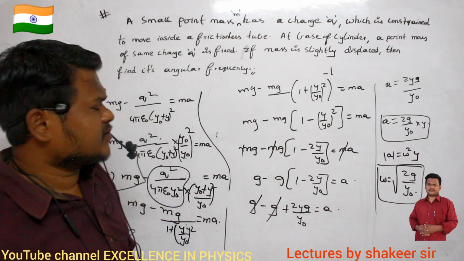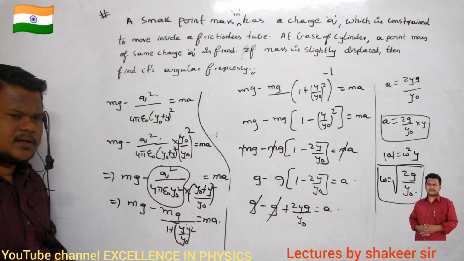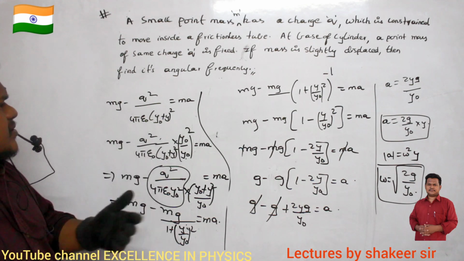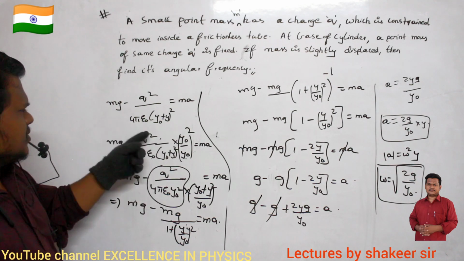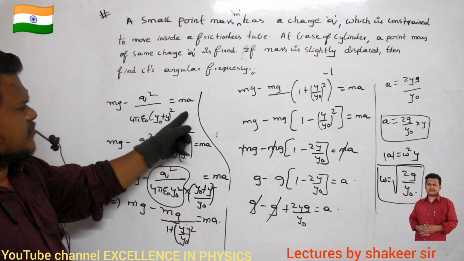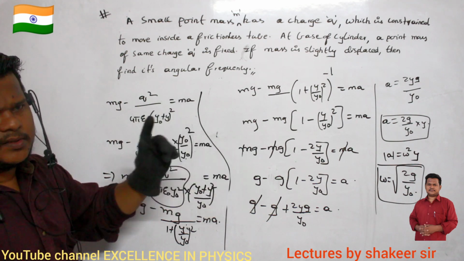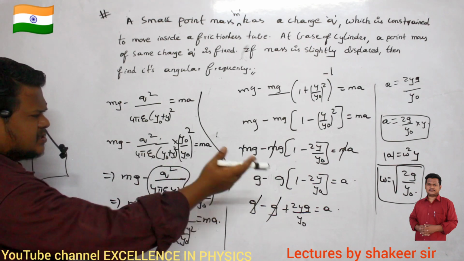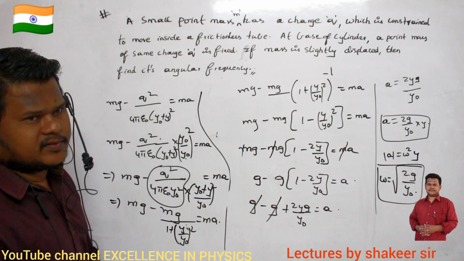So this is the angular frequency with which this body can oscillate. Have you understood how we have calculated? Very simple. We have displaced this one by a small displacement of y. Then a net force will be produced towards the center of the oscillation, towards the mean position. Clear? And we have done some mathematical calculations when we derived that answer.